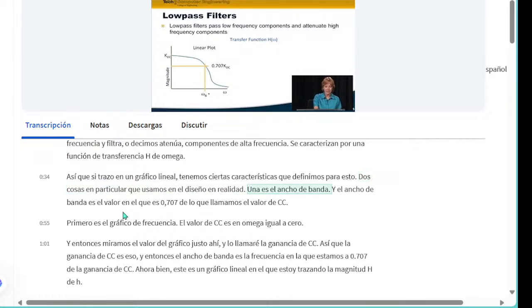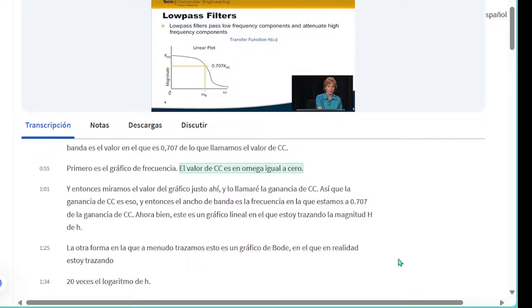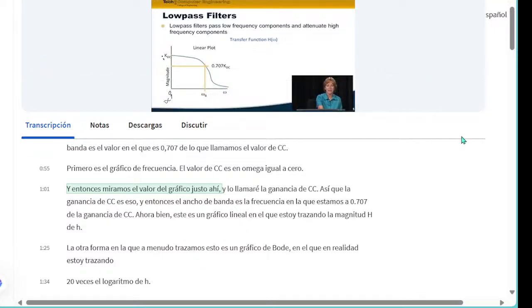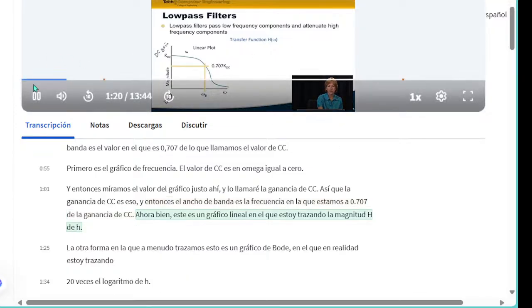One is the bandwidth. And the bandwidth is the value at which it's 0.707 of what we call the DC value. Versus a frequency plot, DC value is at omega equals 0. And so we look at the value of the plot right there, and I'll call that the DC gain. So the DC gain is that, and then the bandwidth is the frequency at which we're at 0.707 of the DC gain. Now this is a linear plot where I'm plotting